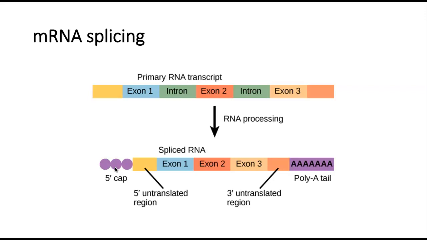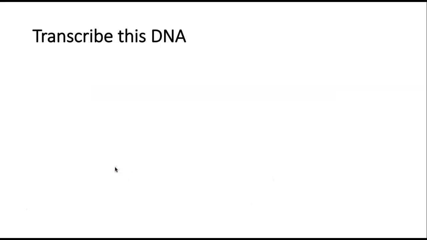So anyway, all I want you to remember is that we splice out the introns, connect the exons, and we add a poly A tail so that we can keep this thing around and it doesn't get degraded right away. Okay, so that's basically what transcription is all about. The next step would be translation, where we take our fully processed mRNA out into the cytoplasm, into the cytosol, and the ribosomes get to work on it. So that'll be the next lecture, but let's work on some exam questions here.